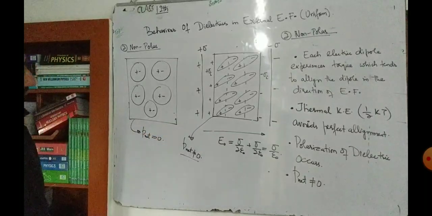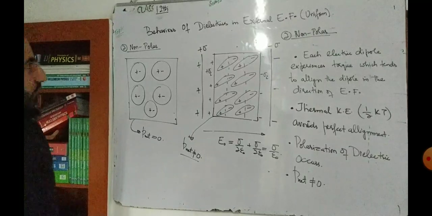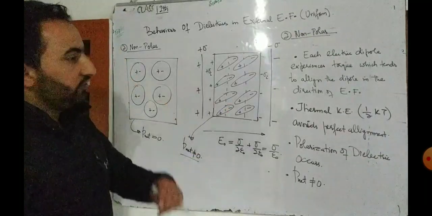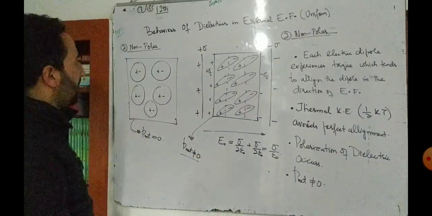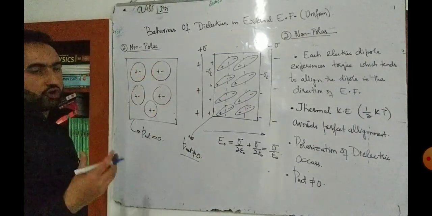Got it? Okay. Next what I will do is this. Again I will place it in a region of uniform electric field. Okay. This time the torque will be equal to 0, because when the dipole moment of this molecule is equal to 0, there cannot be any torque.